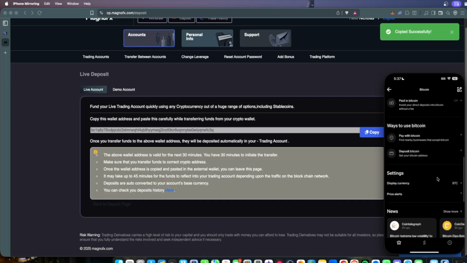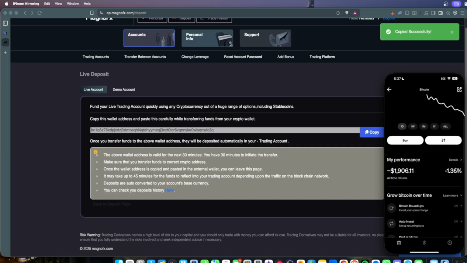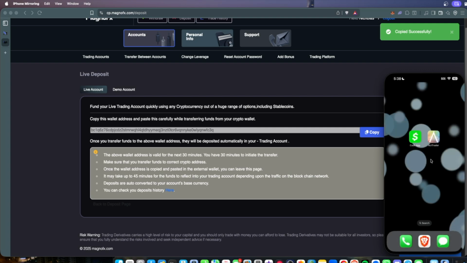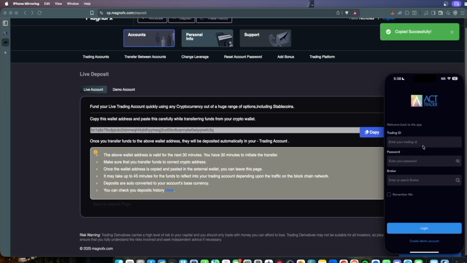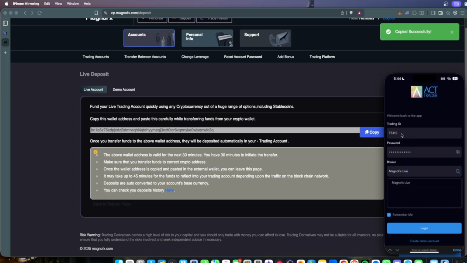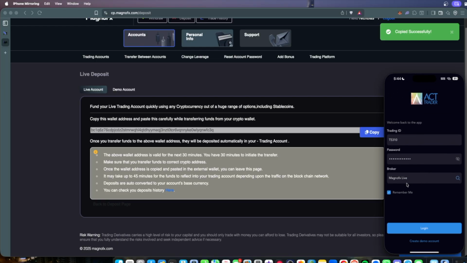And now we just wait. It's going to take around 5, 10 minutes, 20 minutes maybe, depending on the blockchain and what's going on. But in the meantime, while that Bitcoin is sending, we're going to go over to the ActTrader app. You could use the website or the phone version, and we're going to click login and log in with that exact login info that they gave us. So you're going to put in the trading ID, the password, and also Magno FX -live